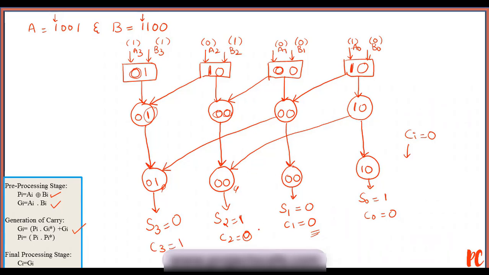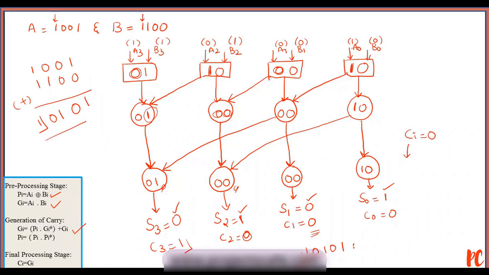Thereby my result will be 1 carry followed by 0, 1, 0, 1. So this is my carry here, followed by 0, 1, 0 and 1. Let's check its operation. 1, 0, 0, 1, 1, 1, 0, 0. If I make an addition operation here, 1, 0 results in 1, 0, 0, followed by 0, 0, 1, followed by 1, 1, 1, 0 with the carry 1. So this is the same result that we got. This is how actually a Kogge-Stone adder is going to perform.